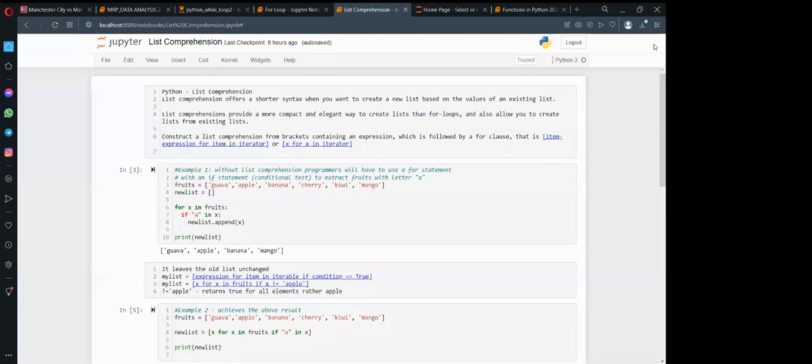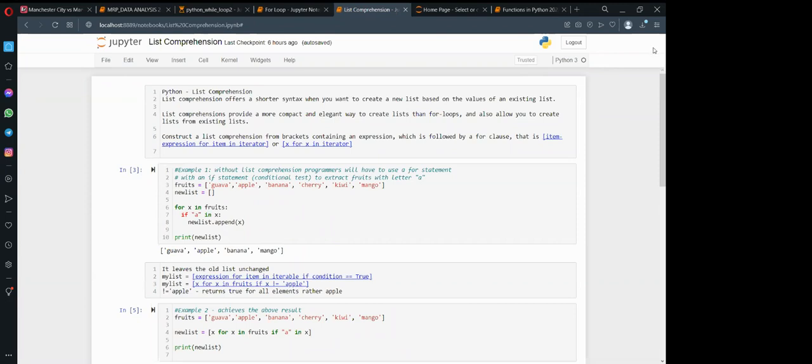List comprehension is also used in Python, and it gives you a shorter syntax when you want to create a new list. Remember, you have lists, you have tuples, you have dictionaries. You want just to create a list of things.